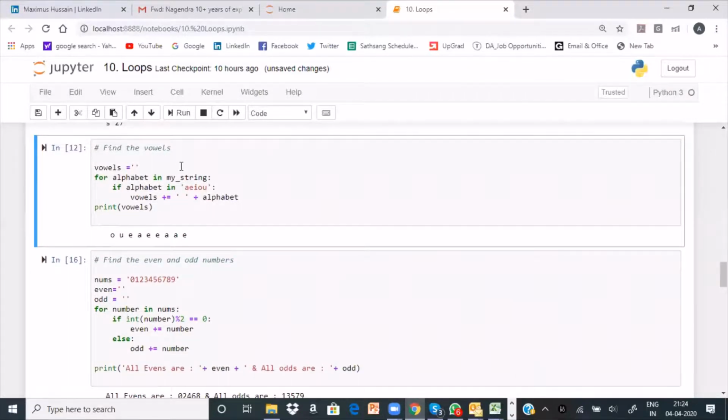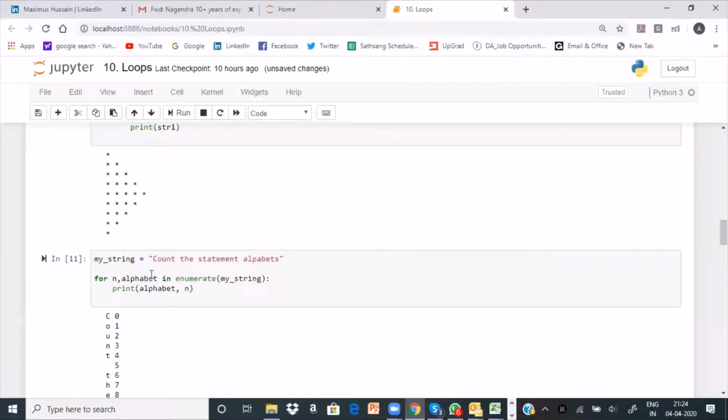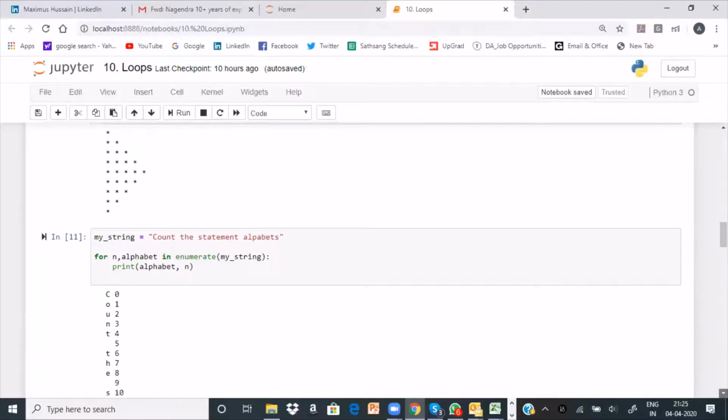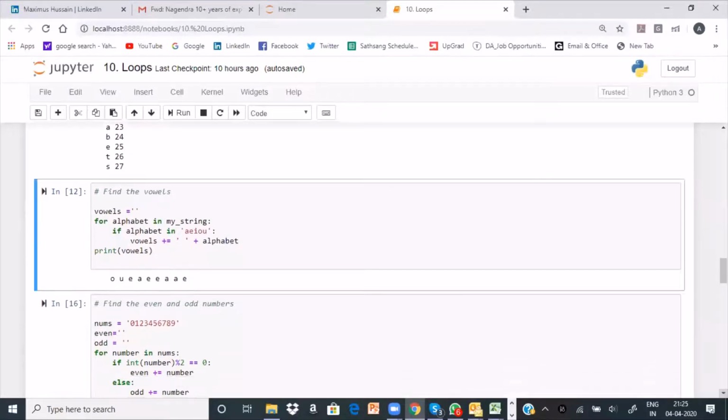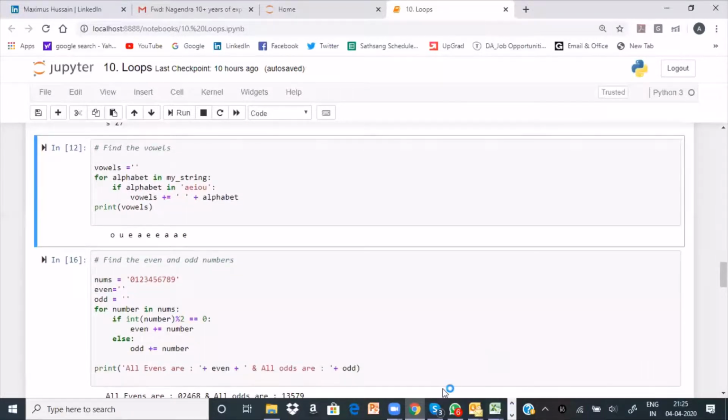Find the vowels in the statement which we entered. See how many vowels you have in this. What are the vowels? A, E, I, O, U are the vowels. 1, 2, 3, 4, 5, 6, 7, 8, 9. 9 vowels are there for you. So in C, C++, you use string functions to get this. Here it is slightly different.